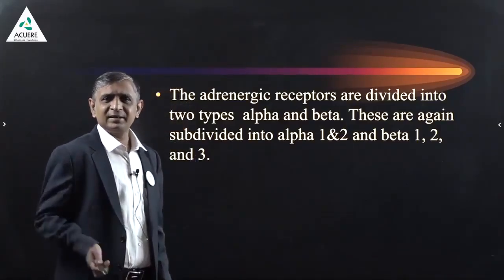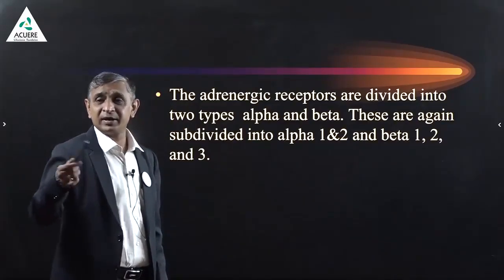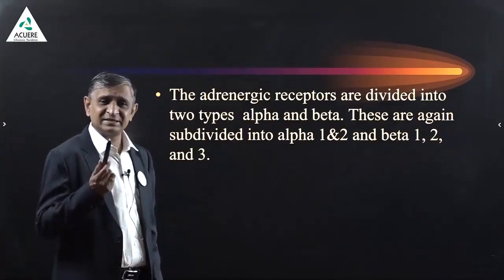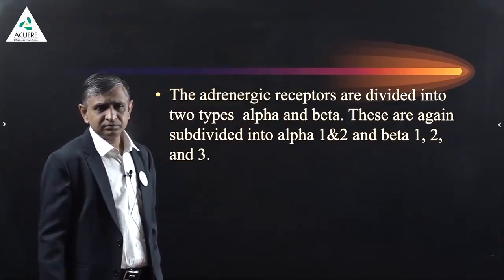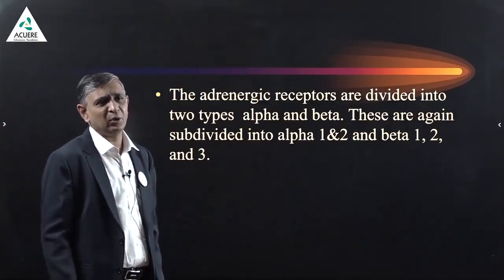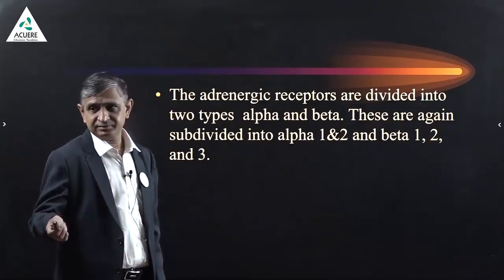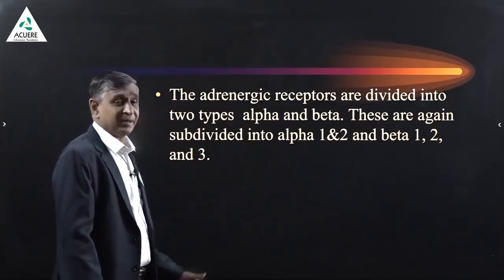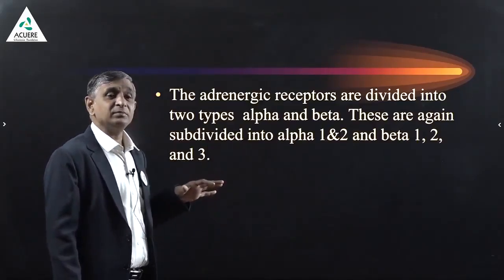Now again, the adrenergic receptors are divided into alpha and beta. Alpha is subdivided as alpha 1 and alpha 2. Getting it? And beta is subdivided into beta 1, beta 2 and beta 3. Getting my point? Now, these are from